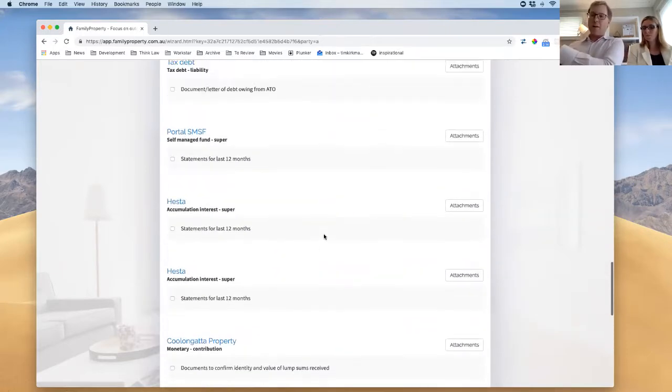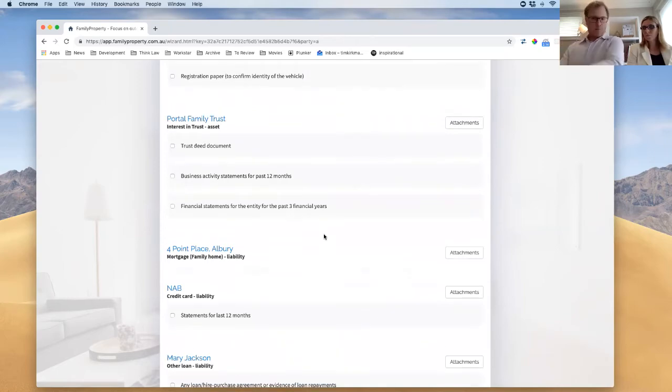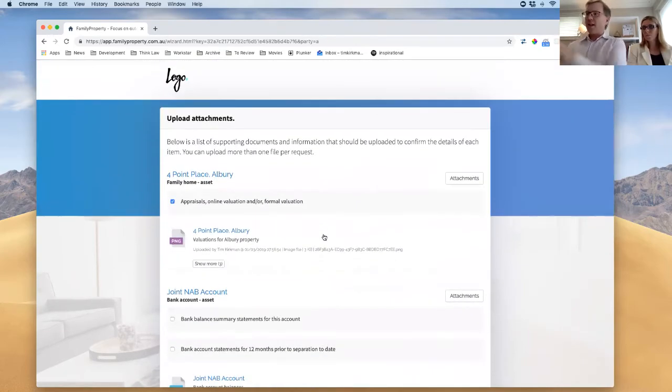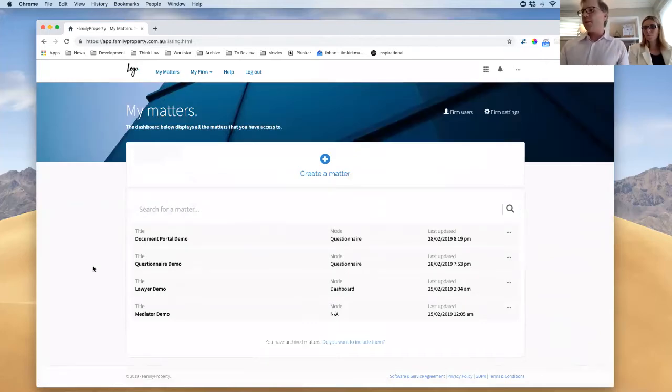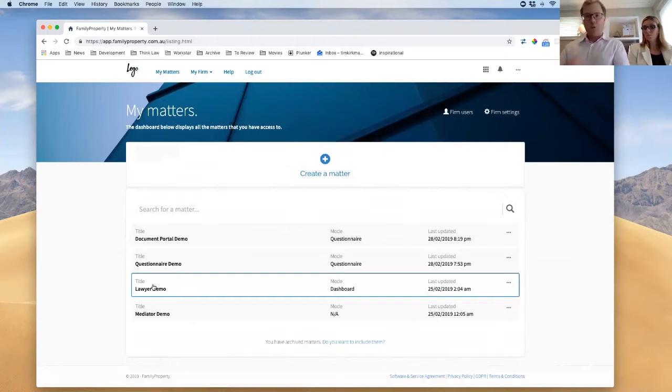And of course, I can come back here as well and take multiple sessions if required to upload documents against here. So this is the intake questionnaire. So when you set up a matter and choose to do the intake questionnaire, this is those 10-step processes, and this screen is part of that experience. And of course, you can do it or your client can do it. But then what happens is once you've done that is you then have the opportunity to take it further and use the